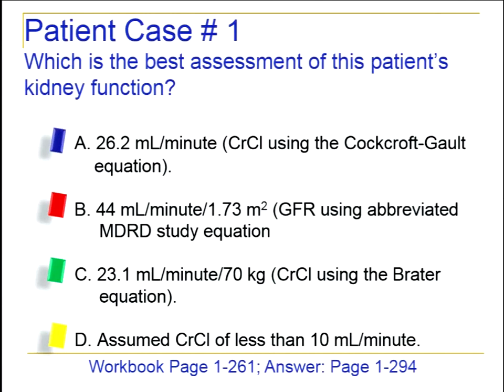So, anybody want to take another stab at the answer here after our discussion? Okay. So again, yes, because this patient is anuric,